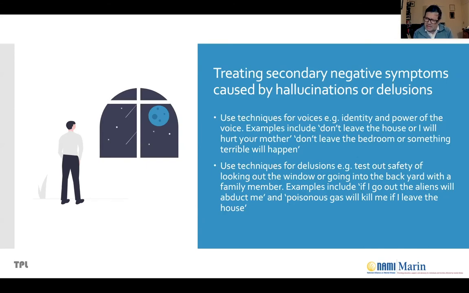Well, we mentioned some techniques for voices, and really, you would probably want to get some advice from your mental health professional if there were command hallucinations there. So if your loved one is thinking, I'm hearing the voice of God and I'm being told that I cannot leave this room or something bad's going to happen. If that is the situation, clearly we would like to help this young man understand that this probably isn't the